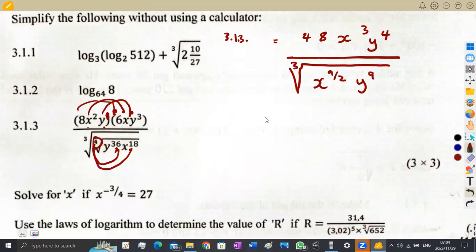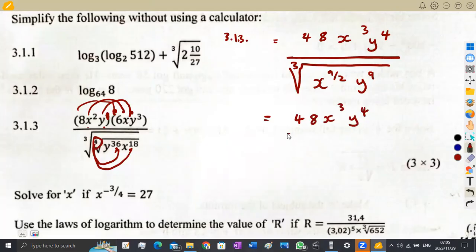Okay? So this is the same answer that you could have obtained if you raised it to the exponent of 1 over 4, then you multiply everything by 1 over 4. Simply divide by the number that is inside of the root sign, we are done. Meaning to say, on this part, again, we can't simplify because there's a cube root, and we have to divide each number by 3. So the part on top is just going to remain as it is, 48, x to the exponent of 3,